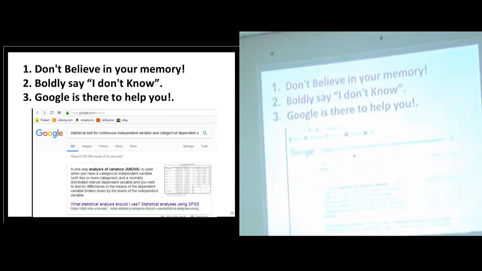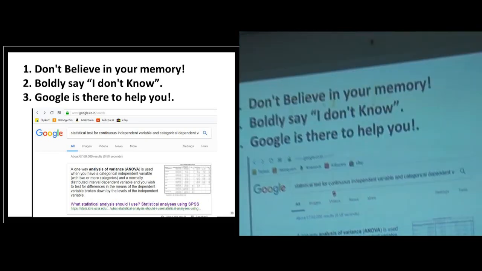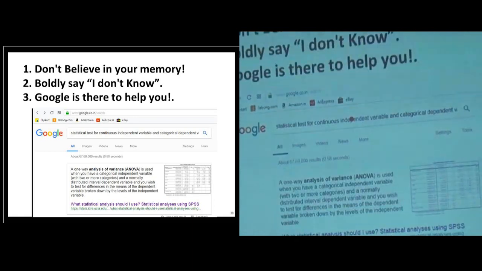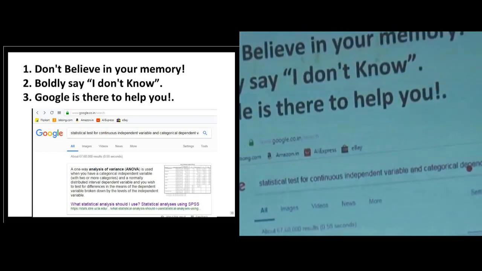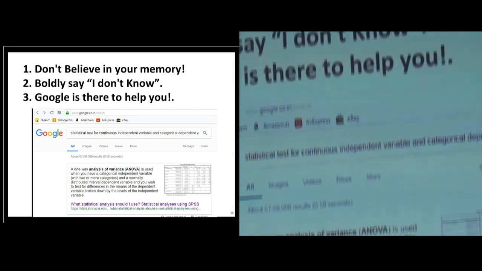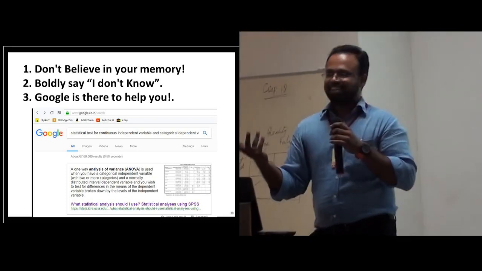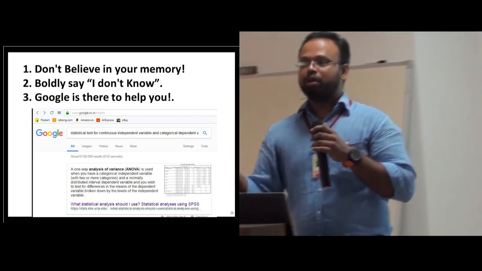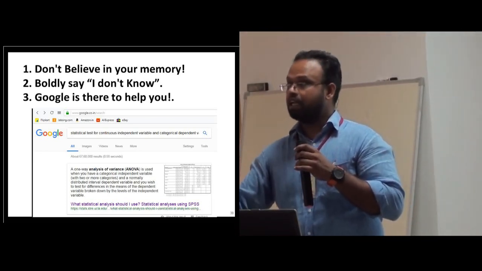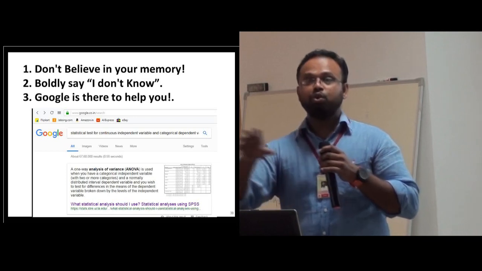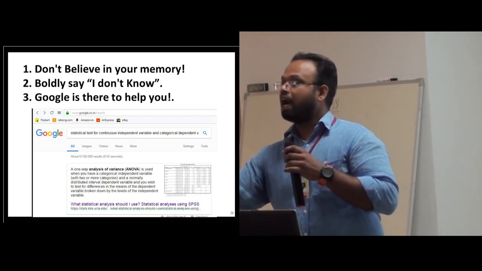You understand the situation, type the situation in Google, for example statistical test for continuous independent variable and categorical dependent variable, and automatically it will display the answer: ANOVA. Then why are you here, sir? That is there. Okay, but you should know the circumstance correctly. After looking at the data, you should know the circumstance correctly and ask Google the circumstance correctly. Then Google will tell you with the help of a lot of statistical websites. Okay.